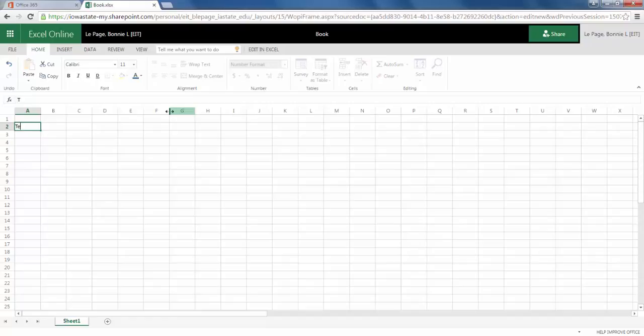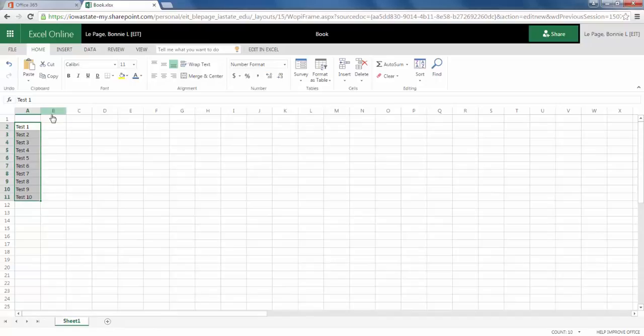So to begin, we can create Test 1 and hit enter. It should bring you down to the second column or second row within that first column. Add another Test 2. Again, select the first row, select the second, and hold down Shift. Click on the right hand corner and drag down until we're satisfied with the number of options.